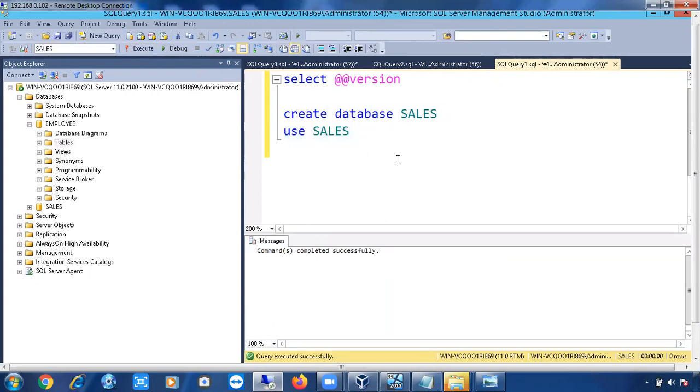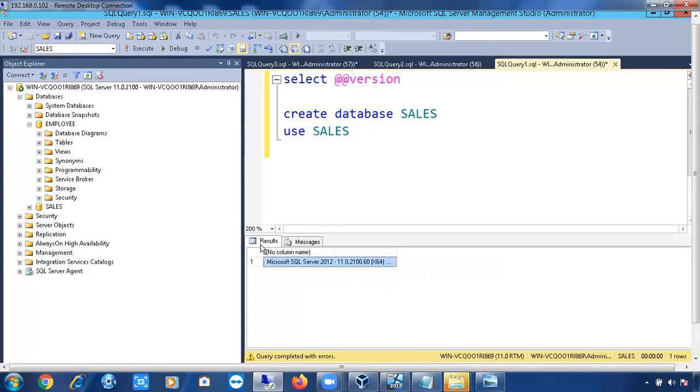If you execute all at a time, it will try to execute all three queries at a time, so it will throw an error. See here, I'm executing. Now I'm not selecting anything, I'm executing. See here, one row is affected and the sales database already exists. And if you go to the results section, you can see the version came, and it again tried to create the database.